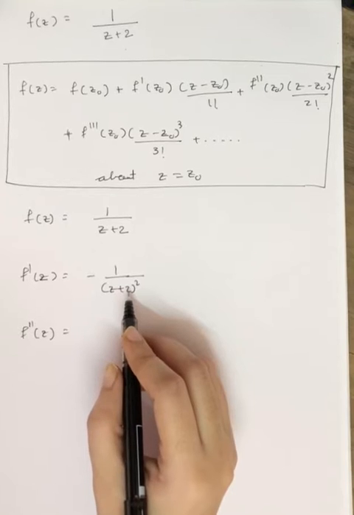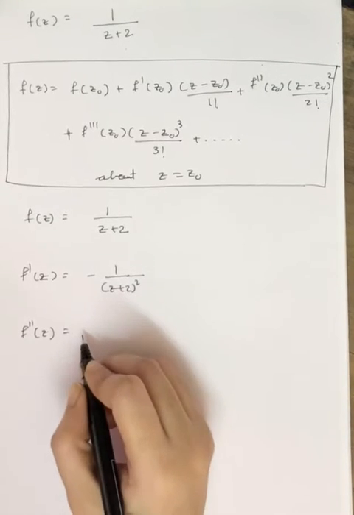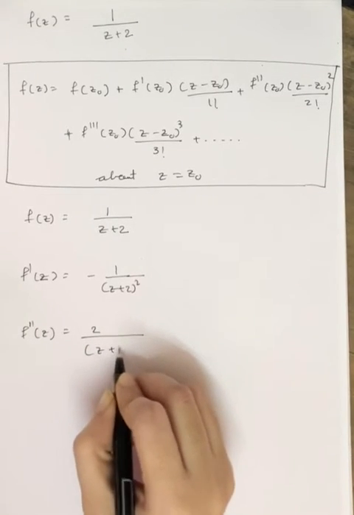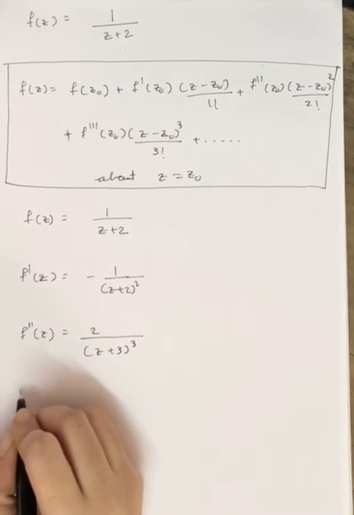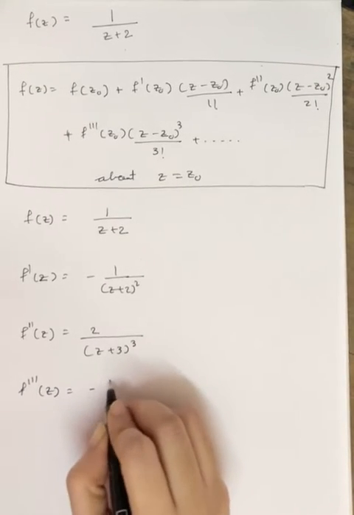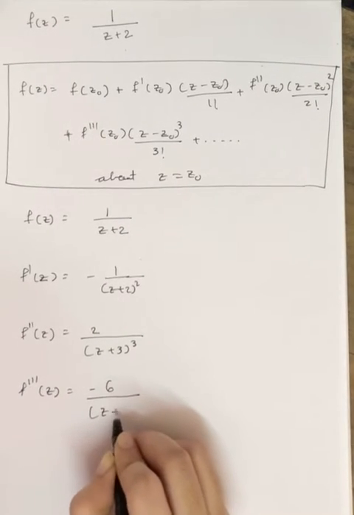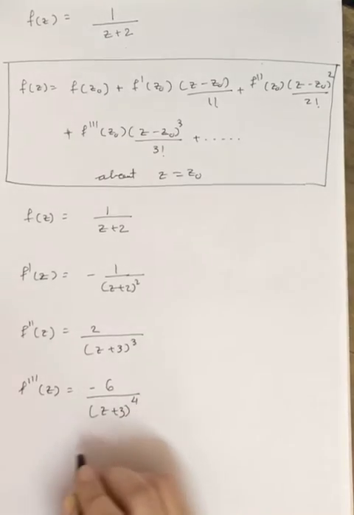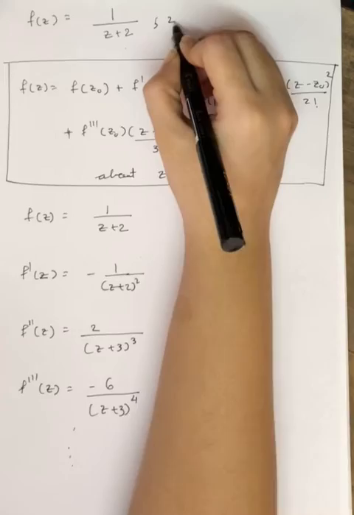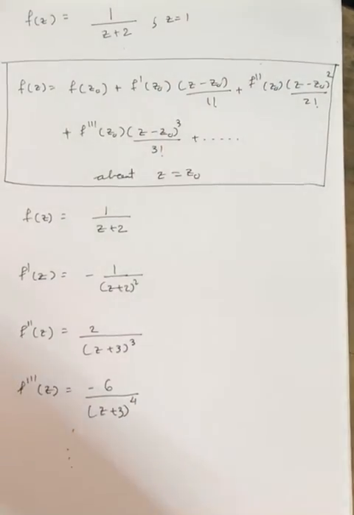So this will be 2 by the brackets cubed, and so on. And I forgot to say that it is about z equals 1,